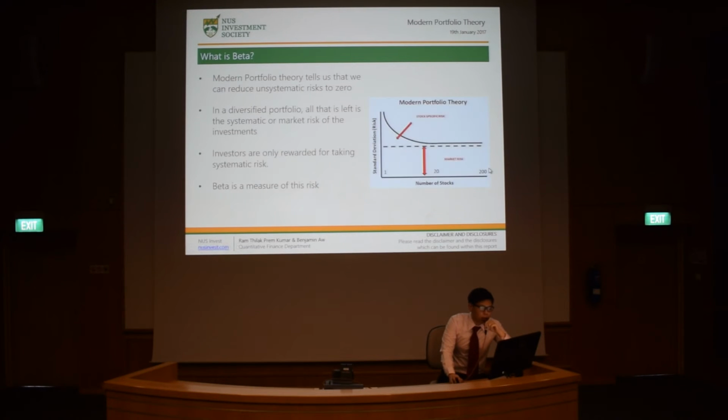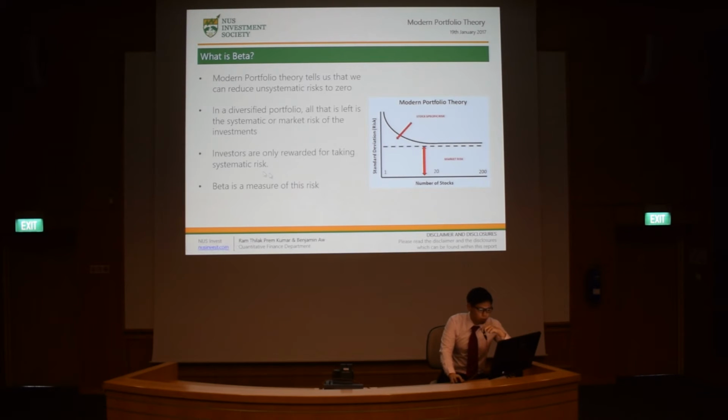So what exactly is the beta? Modern portfolio theory tells us that we can reduce all the unsystematic risk. Unsystematic risk is called diversifiable risk. It's quite funny, because unsystematic means diversifiable, and systematic is non-diversifiable. So you have to exchange them. When you diversify this portfolio, all that's left is this systematic risk, which is the non-diversifiable